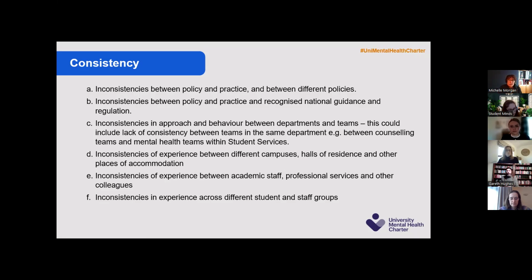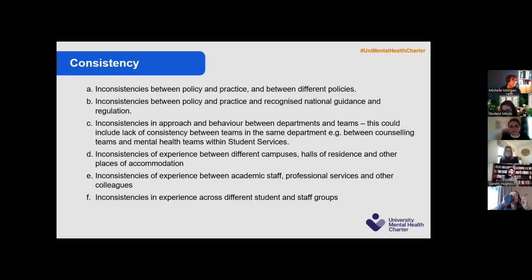Another thing that came out quite a lot was the different experiences students are having in different spaces in their university. So particularly for universities who had multiple campuses, quite often one of the things that was being highlighted was that there was a gap for one of those campuses that was less thought about, where there were more problems, where maybe services weren't as accessible, those kinds of things.